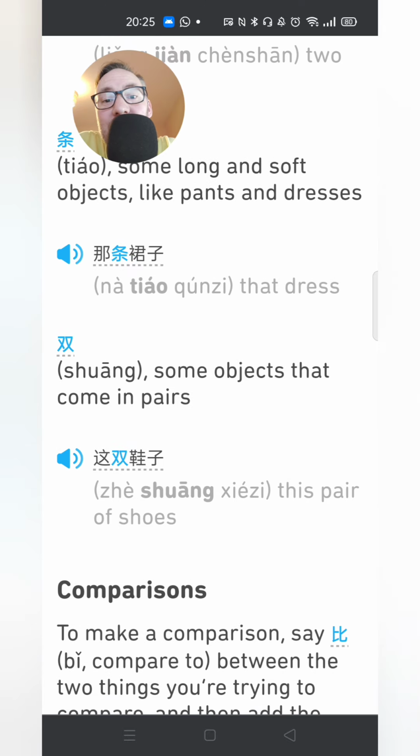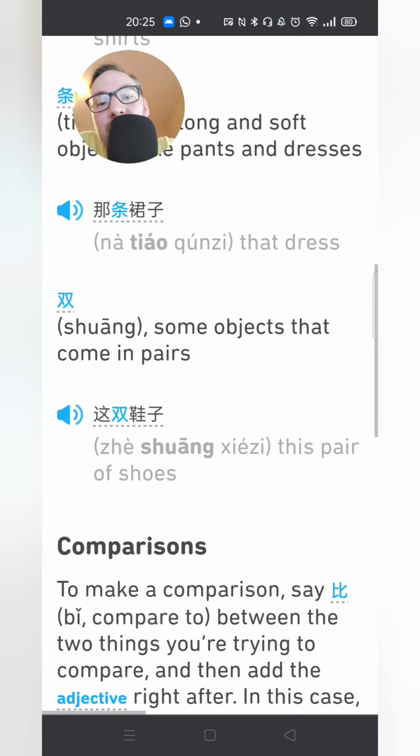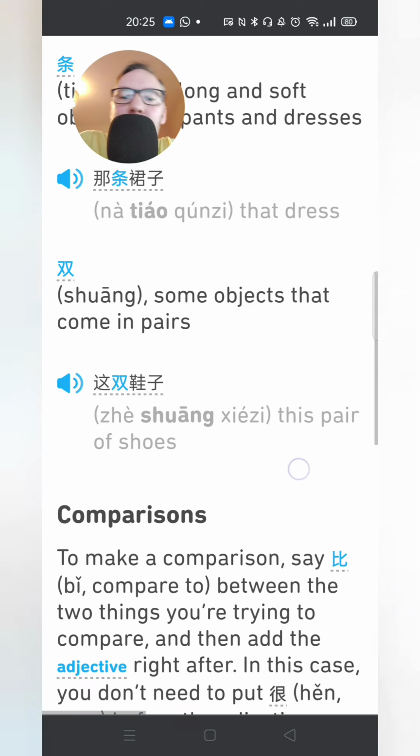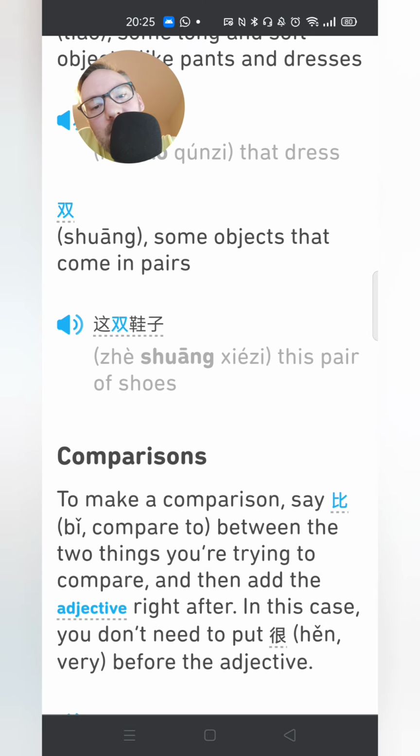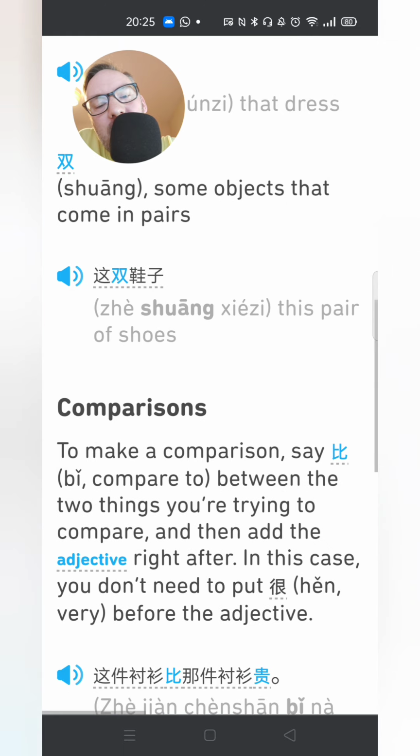I refuse to say pants, it means something different in Britain. 那条裙子, that dress. 双, some objects that go in pairs. 双, 这双鞋子, this pair of shoes.